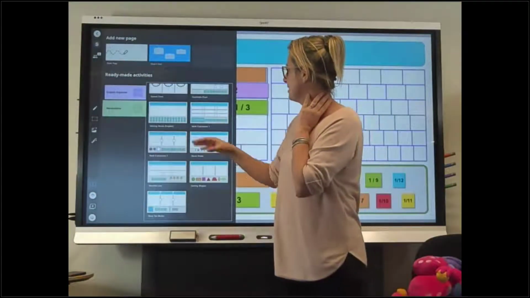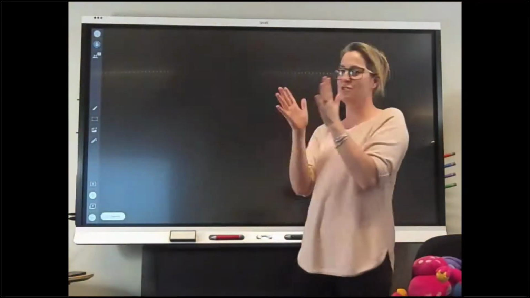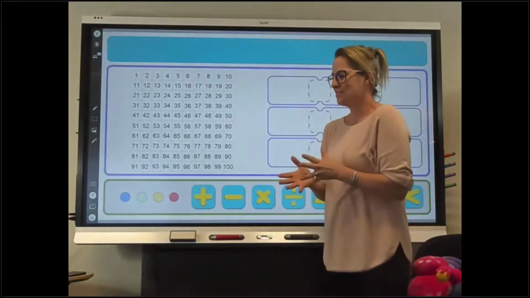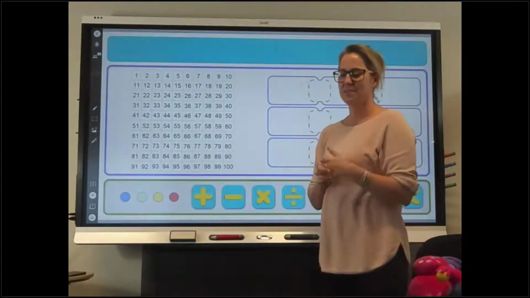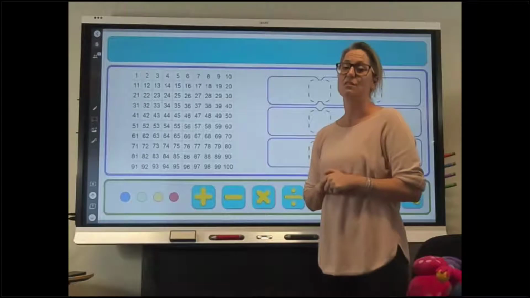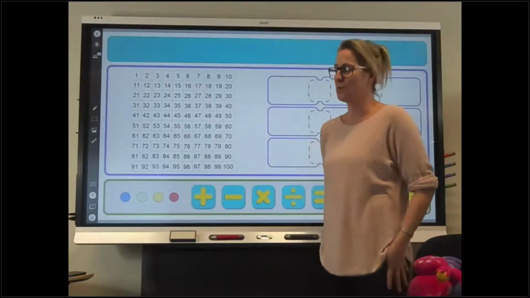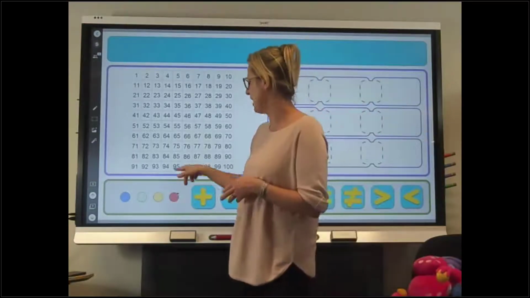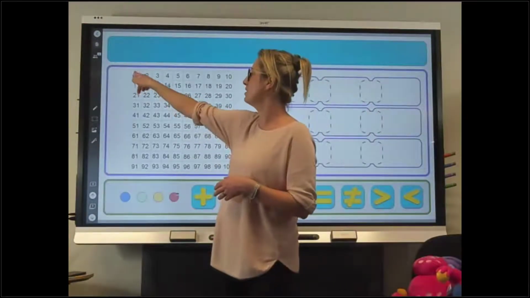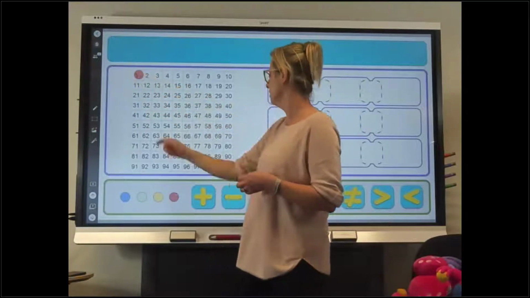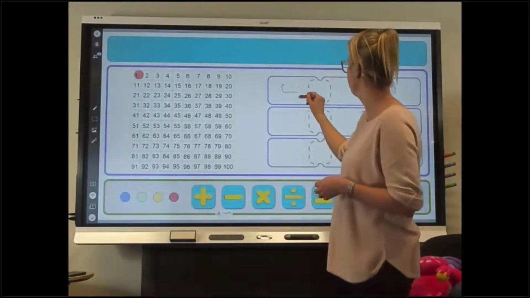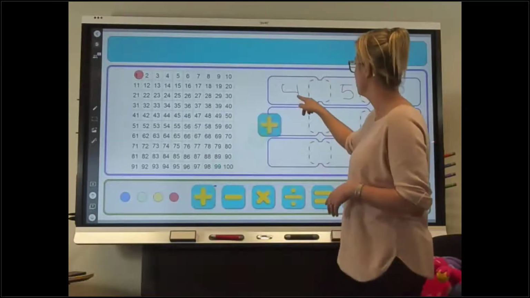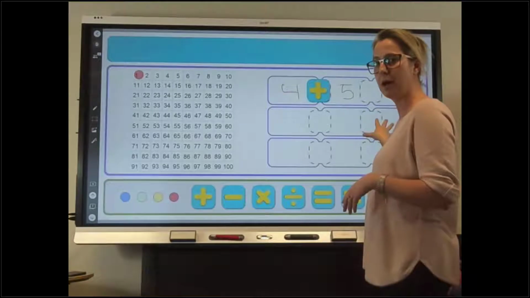And of course, the beloved, and I did say the best till last, there's the Maestro for the music teachers, but we do have our beloved hundreds chart, which I know a lot of teachers were a little bit sad to learn that since the advent of Smart Learning Suite, we are no longer supporting Adobe Flash, so our hundreds chart disappeared. But now we've got a cool one here that we built into the whiteboarding space where we're able to ask our students to come up and do, and maybe even have the students themselves put up